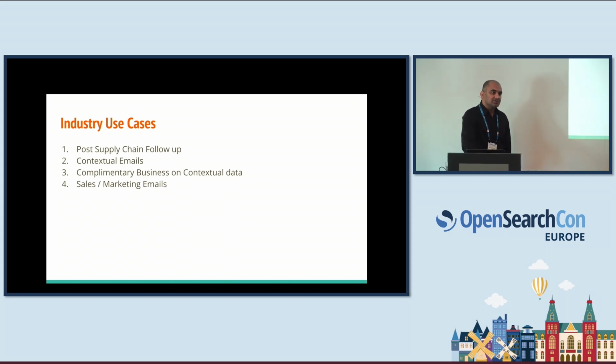With my previous experience talking with some of the industry leaders, one use case which had been implemented was post-supply chain follow-up. So in an industry where you have a lot of turmoil in the supply chain, many executive managers work on following up on orders with different suppliers. These all happen over emails, over multiple threads, with multiple dates being missed. So all this can be automated by having this layer or by pulling in all this data relevant to, let's say,